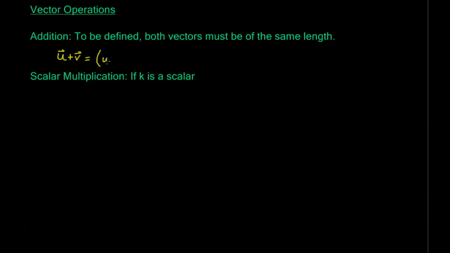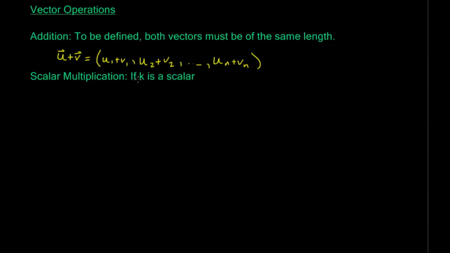The first entry in u plus v is the first entry in u plus the first entry in v, the second entry is the second entry of u plus the second entry of v, all the way to, if they're both size n, u_n plus v_n. So they both need to be the same length, and all we're doing is adding the entries together